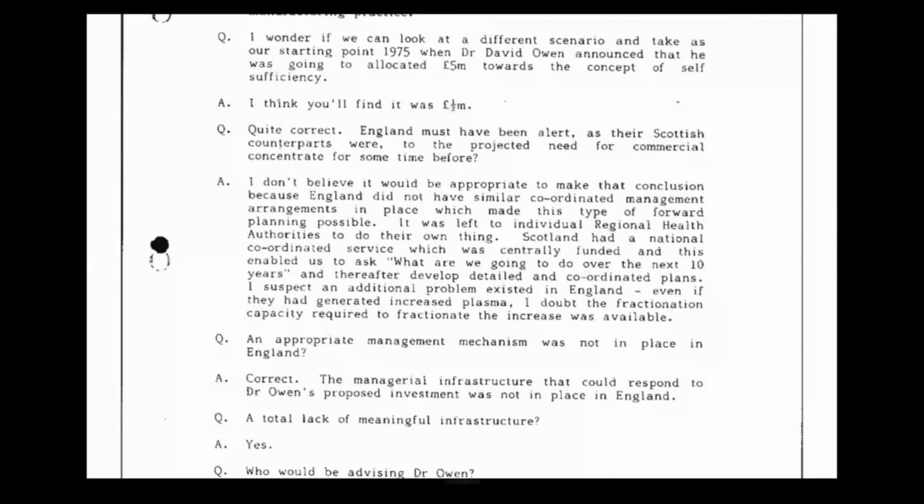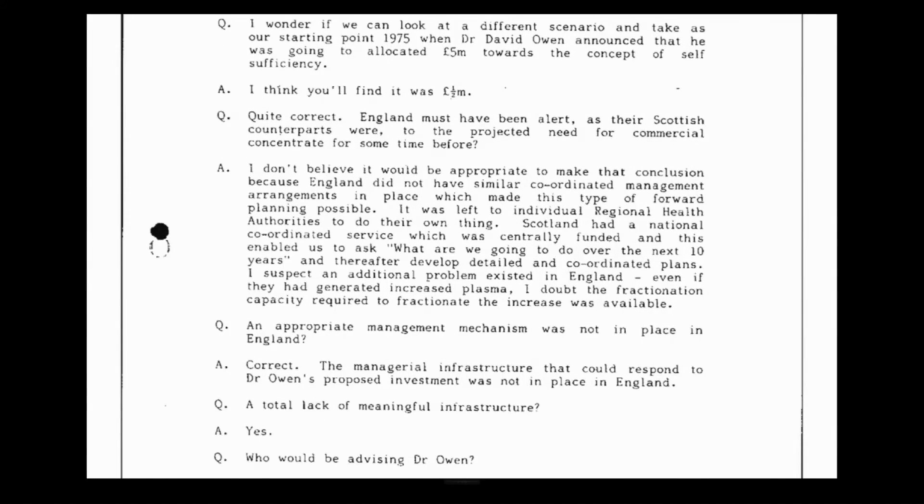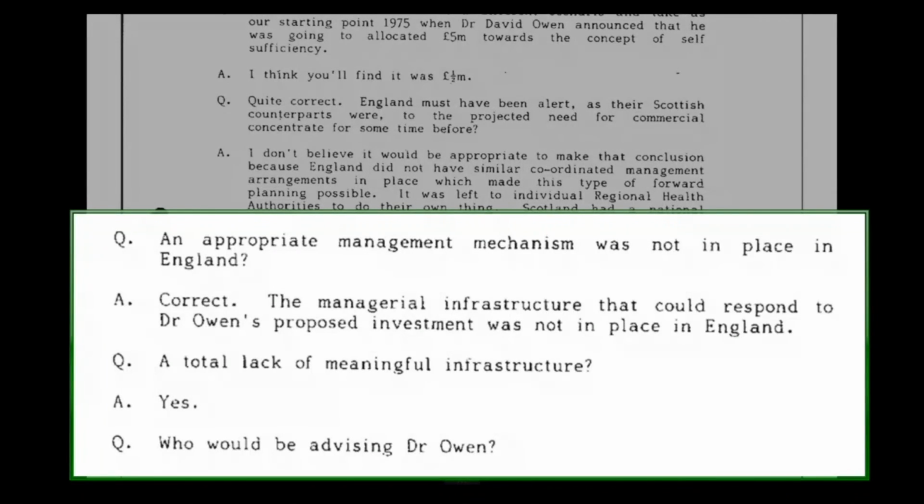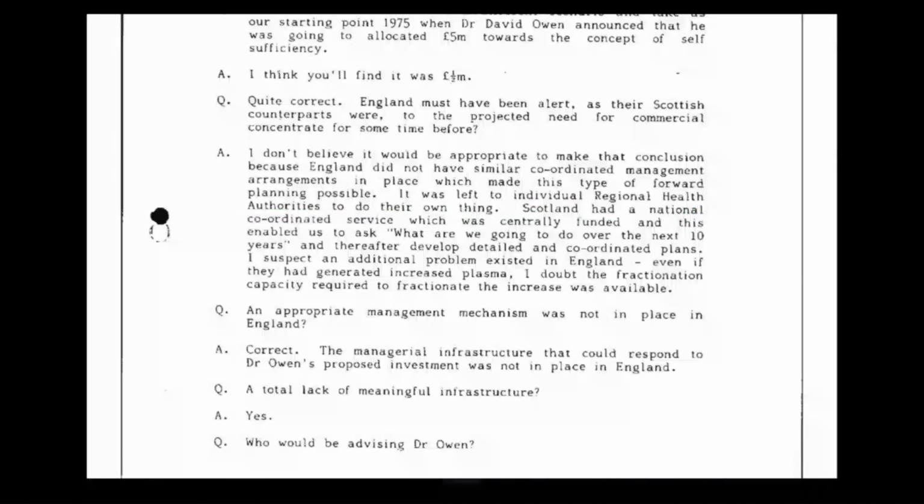And if we go towards the bottom of the page, you'll see about 4 lines up from the bottom, the view of Professor Cash, the managerial infrastructure that could respond to Dr. Owen's proposed investment was not in place in England. It's obviously just Professor Cash's opinion, but that is his recorded opinion here. The question is a total lack of meaningful infrastructure. Answer, yes. And then if we just go over the page,